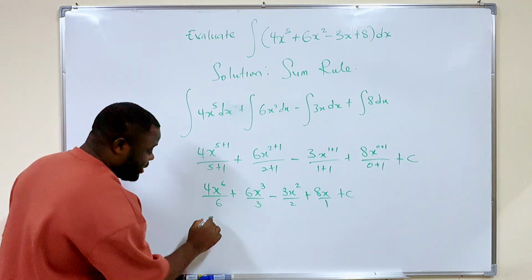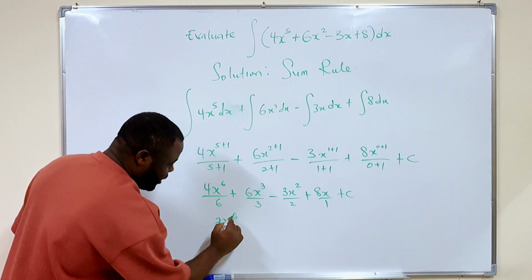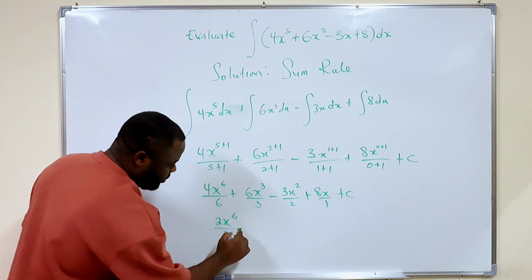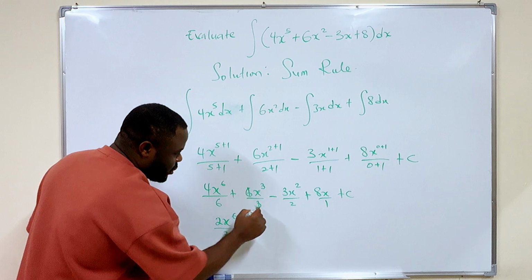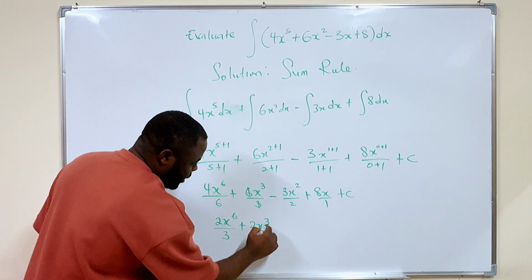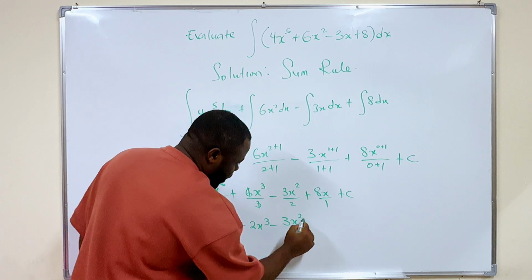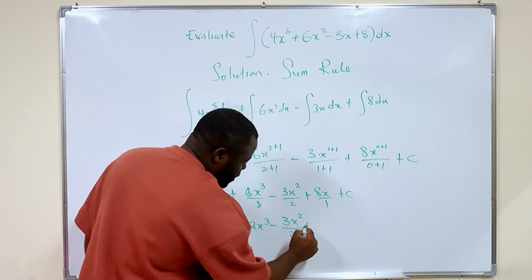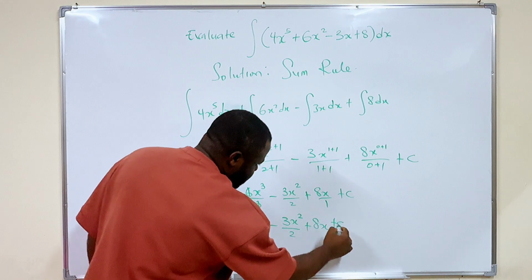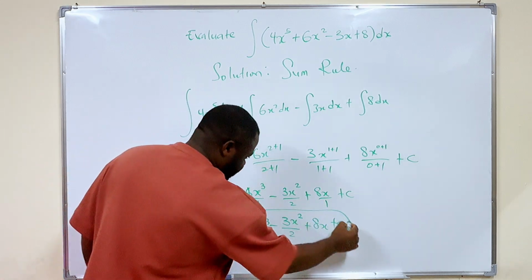So we can simplify this. This is going to give us 2x^6 over 3, plus, this is going to cancel this, we have 2x^3. Then we have minus 3x^2 over 2, then plus 8x plus c. And that is how to evaluate